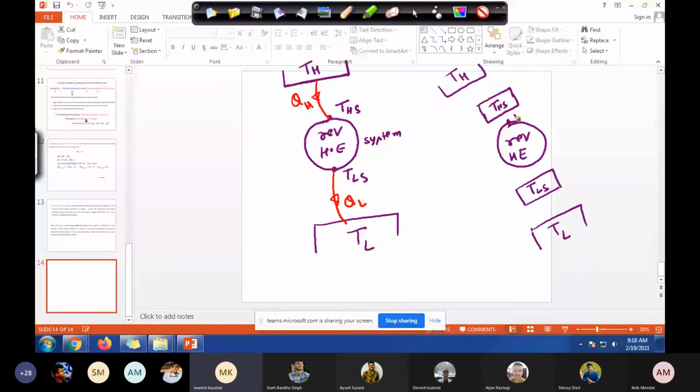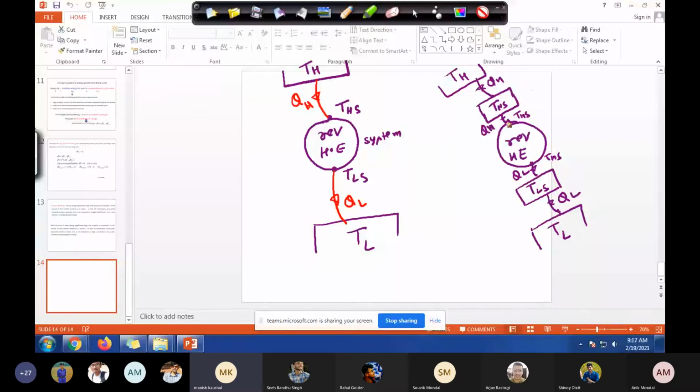So rather than putting a point, I can always put a heat reservoir, and then QH is coming here, and then QL. So what I did, rather than saying that heat is directly going to the system, I just put a heat reservoir in between. Since this heat reservoir is doing nothing, just taking heat and rejecting it completely to the system, that's fine, no problem. I can do that.